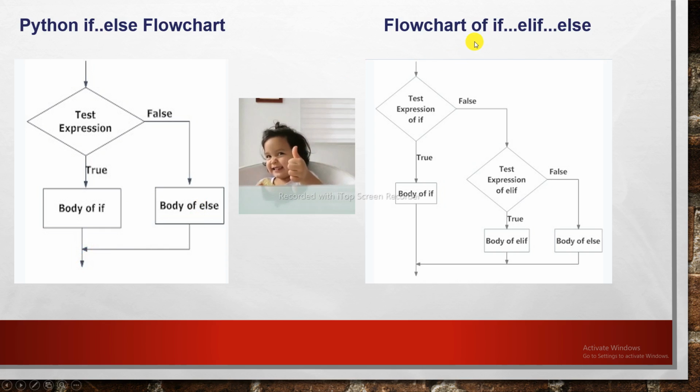But here in the flowchart of if, elif and else, it will check the condition once more. First condition, if it is true, it's simple, it will go into the body directly. Otherwise, if the condition is false in the beginning itself, again it will check the else if condition. If it is true, again it will go into the body of the program, or otherwise if it is false, then the else part it will go. I hope you understand with the help of this flowchart. And next one,